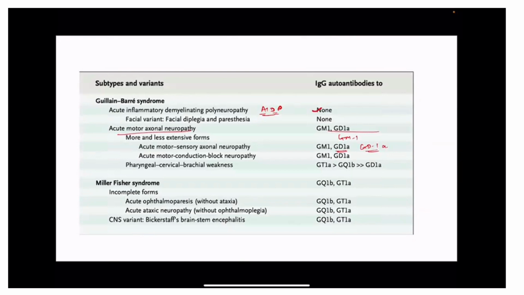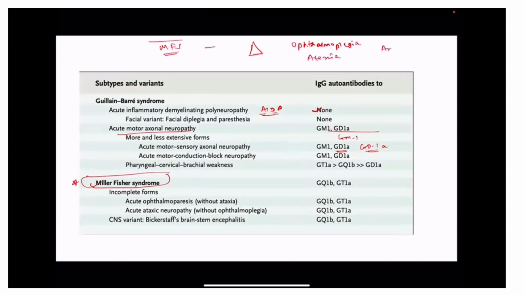Now, there are certain rare variants, but one of the rarest which they love to ask in your exams is Miller-Fisher syndrome. Miller-Fisher syndrome is a very important thing to know. It is a variant of GBS and it goes by a triad. What is the triad? They will ask you in your exams. The triad is ophthalmoplegia, ataxia,